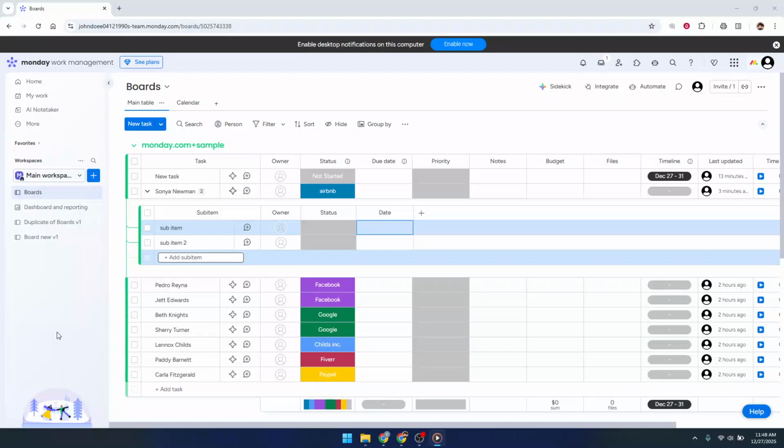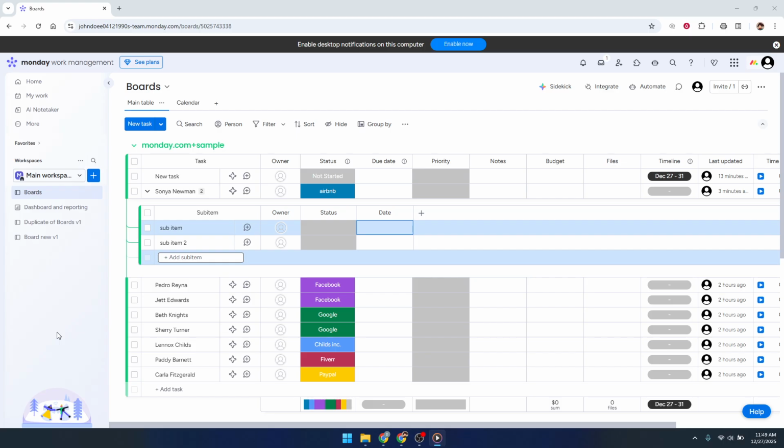In today's video, I'm going to teach you how to archive and unarchive on Monday.com. Archiving is a great way to keep your account clean and organized without permanently deleting important boards. Instead of cluttering your workspace with old or completed projects, you can safely store them away and bring them back whenever you need them. In this walkthrough, I'll show you 2 quick ways to archive a board and then how